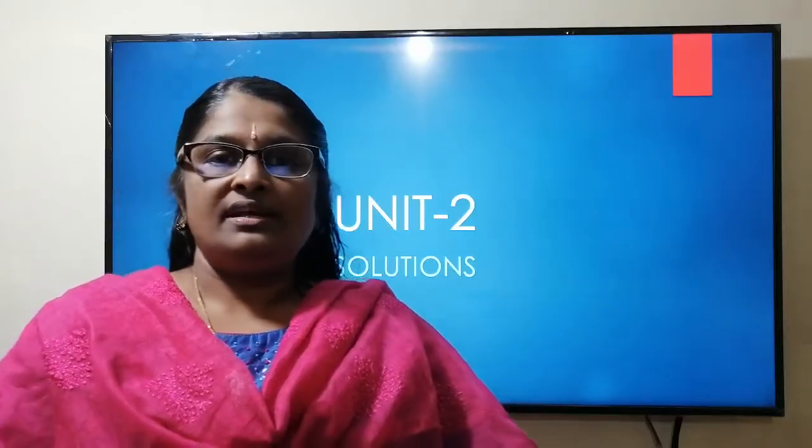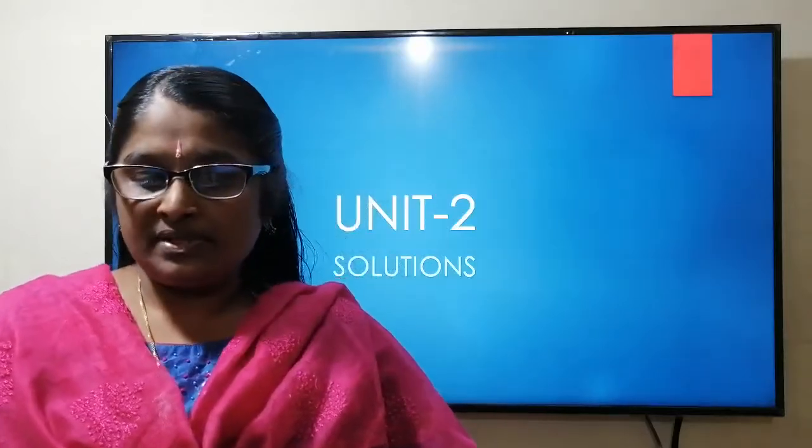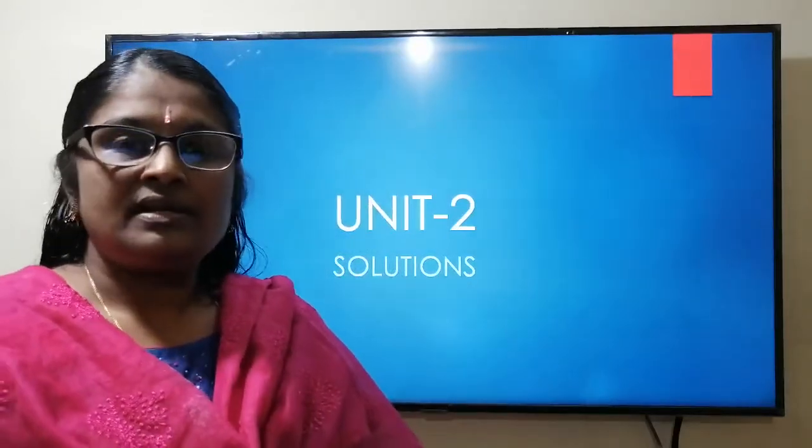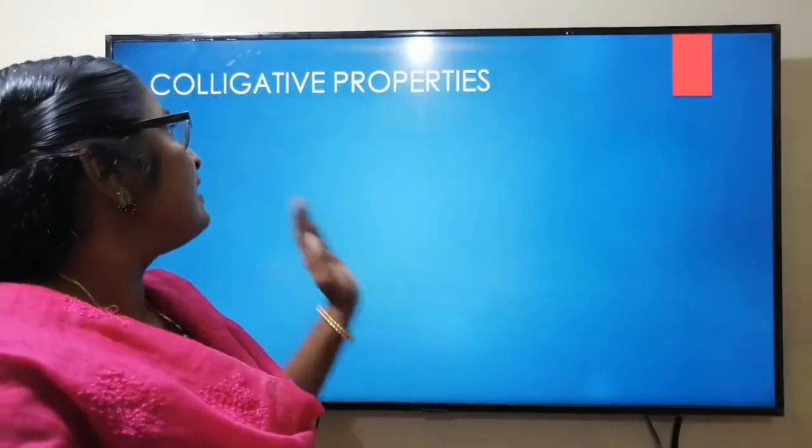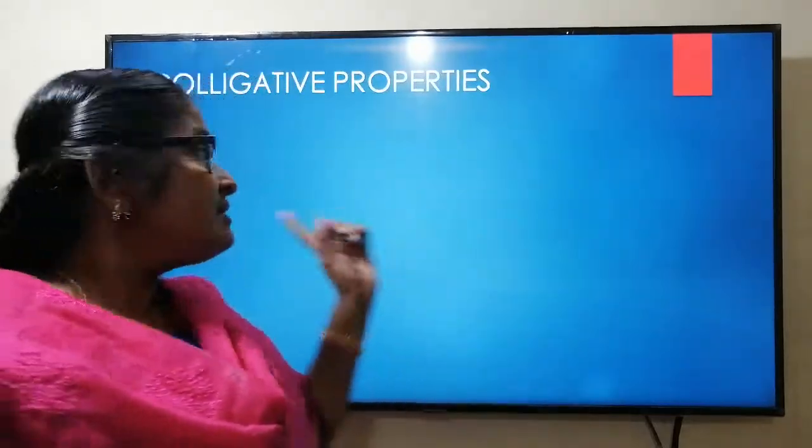So today we will study another very important topic under this chapter. This is also 100% sure for the exam. First of all, it is regarding a property that is known as colligative property. It is known as colligative, that is, co means together and ligative means binding together. So that is colligative properties.